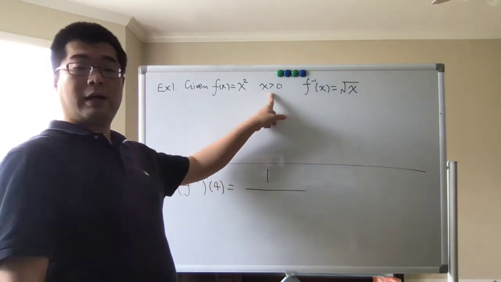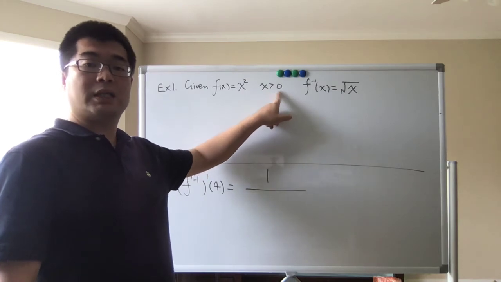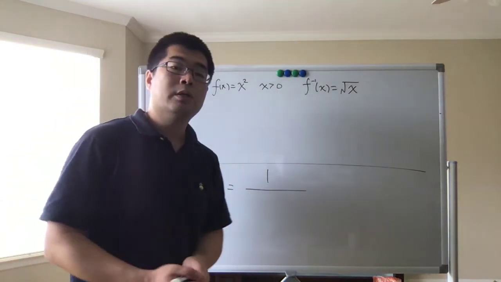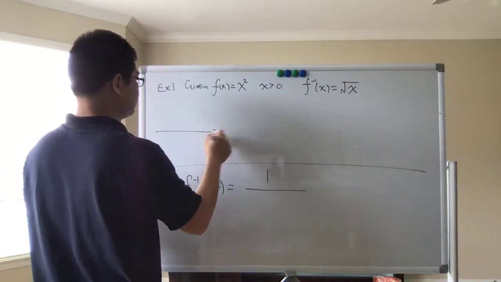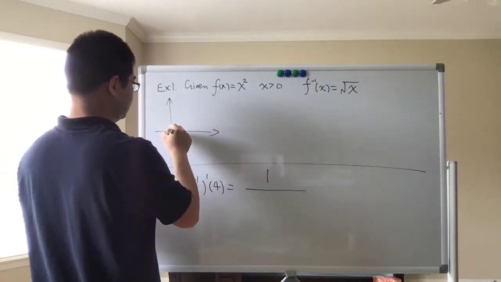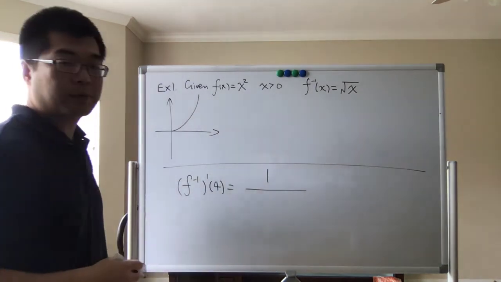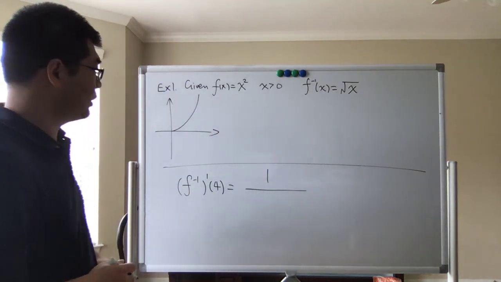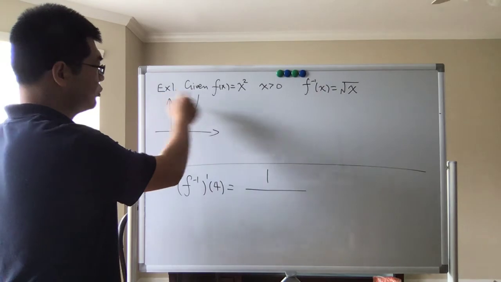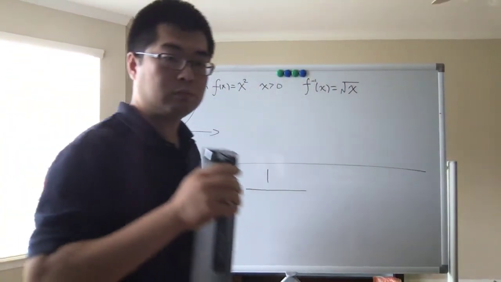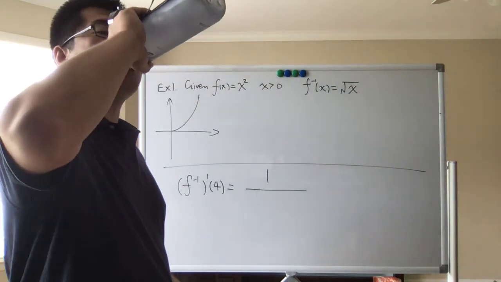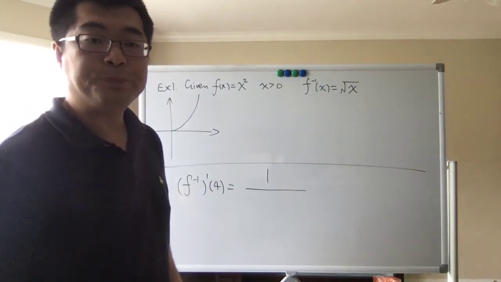However, right now, I set my domain to x greater than 0, okay? So the graph for this one is going to become this part, okay? This part. And, okay, so you see that when we draw the, excuse me. So when we